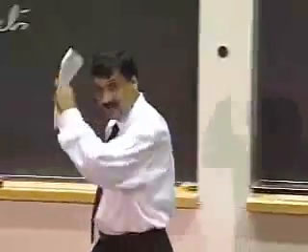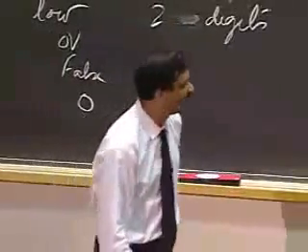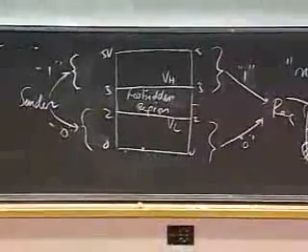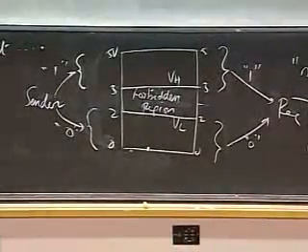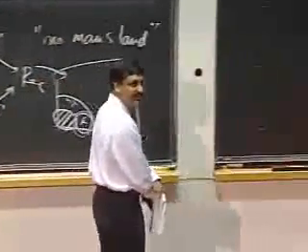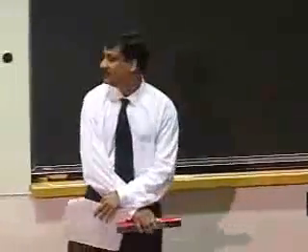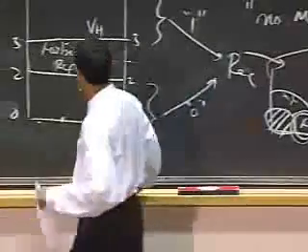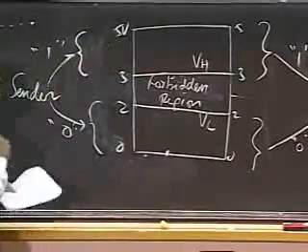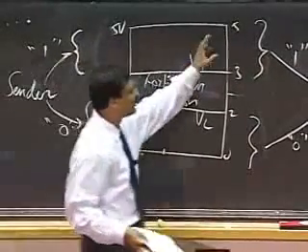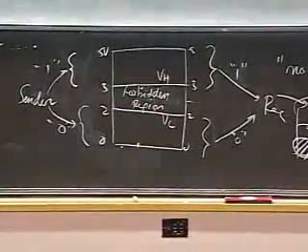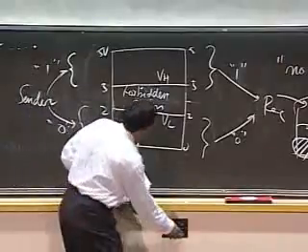This is pretty good. We still have a problem, though. Do people see the problem here? This still doesn't quite work. If Intel did this, instead of your laptops failing and blue screening every hour, they'd be doing it every millisecond. So the problem is, with this discipline, I've allowed the sender to send any value between 3 and 5 as a 1, and any value between 3 and 5 at the receiver is treated as a 1. So do you see what the problem is?